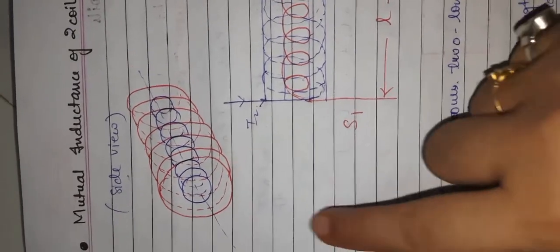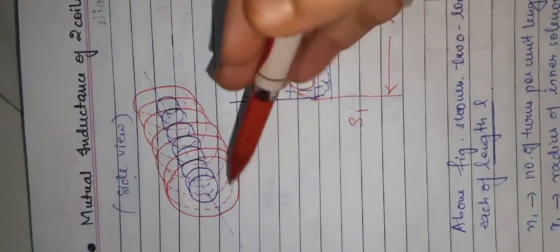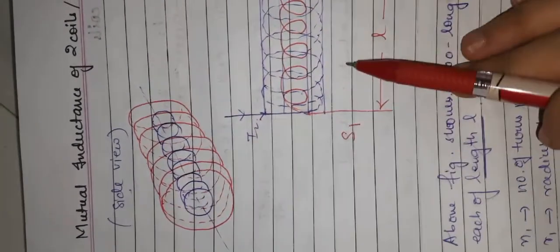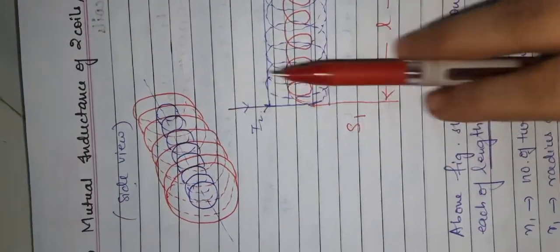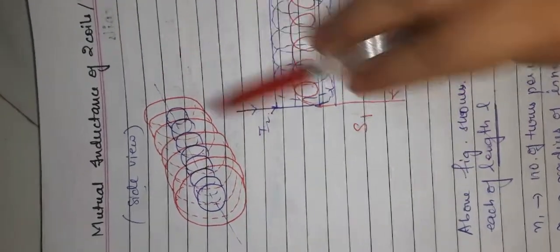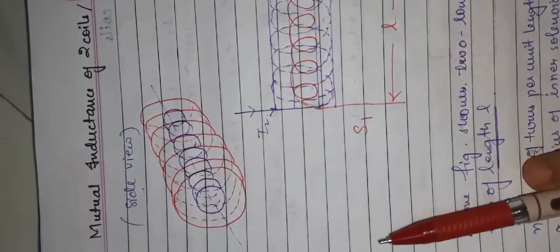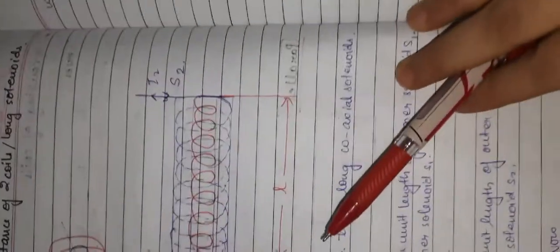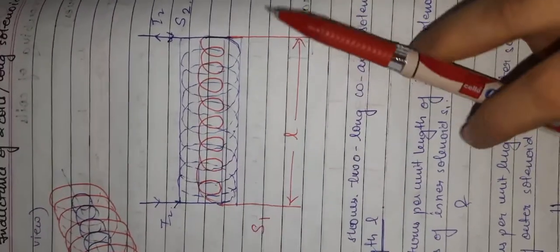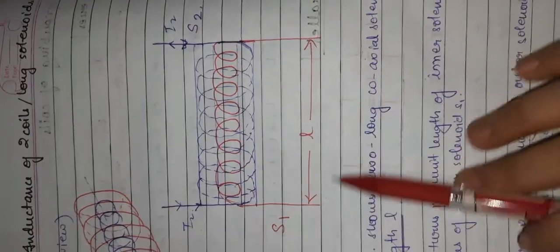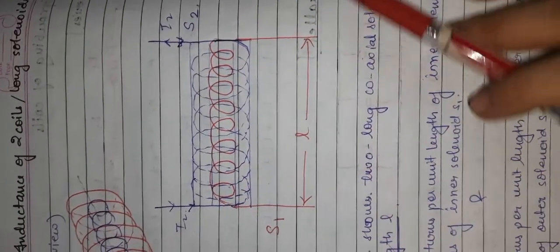If you can see, one coil I have drawn with a red pen and one coil with a blue pen, so that you can differentiate the two coils, how the two coils are inserted over each other within the same axis of rotation. This is the side view of the two coils which are inserted together, and this I have drawn is basically the front view. So how does the view look from the front?